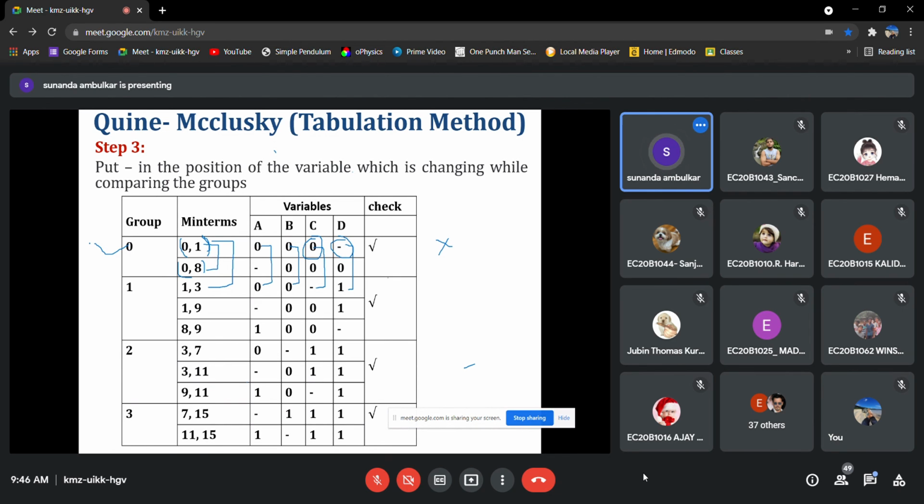We'll see 0-1 with 1-9. We'll check. 0-1 with 1-9. Okay, there is 0 0 0 dash and dash 0 0 1.